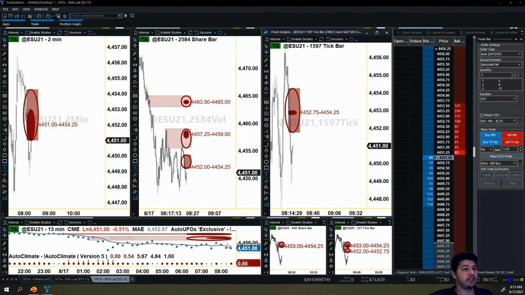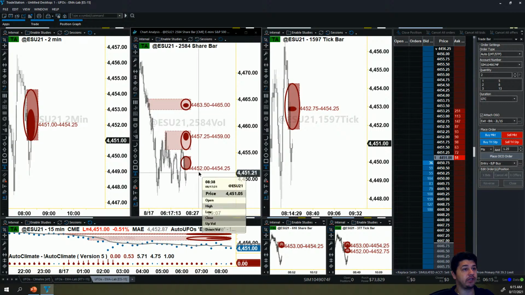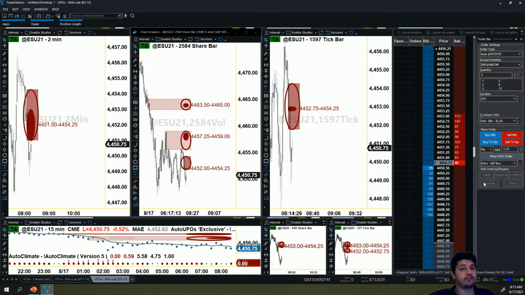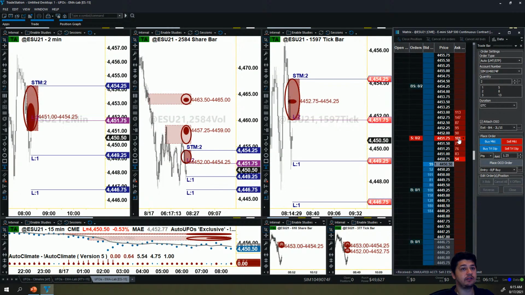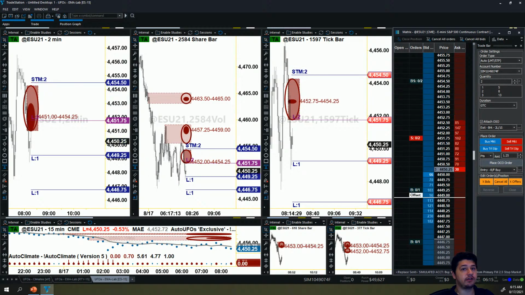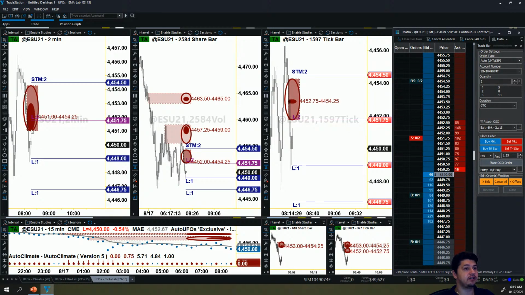We do have a confirmed climate, and we can actually enter this trade either right now, or we can wait on it for this 44.51.75 to get a better fill. All right, the stop's going to go right up above there, right below here. It already pulled back down a little bit, so it did test this UFO right here. Now, if we do get into this short, I would definitely say cancel the long, right? Because as one moves, the other will most likely move as well.